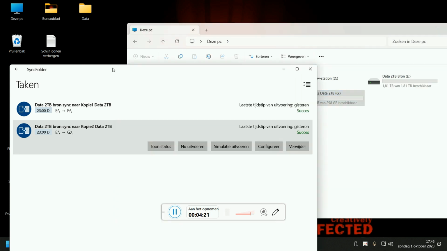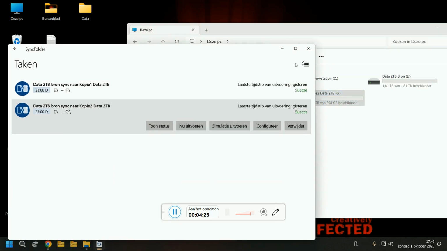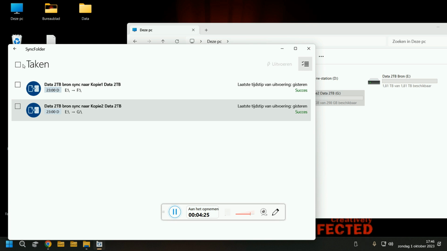But if you go in here, select the 2 tasks and click here,